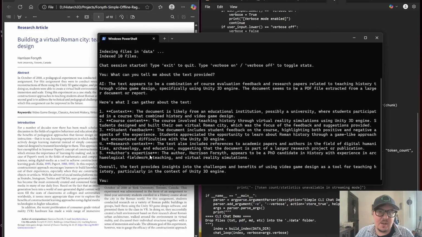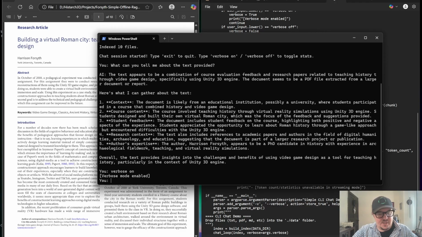And this is just the Llama 3.2 model. This is a very low end model. It's only got a couple of billion parameters, and it'll run on edge devices like the Jetson Orin Nano. So if we type verbose on, yeah, there we go. Then I can say, summarize, see more paper